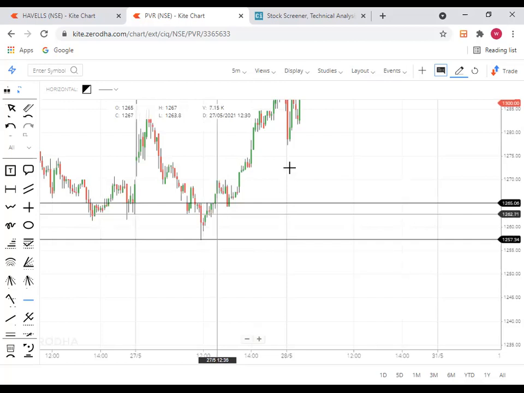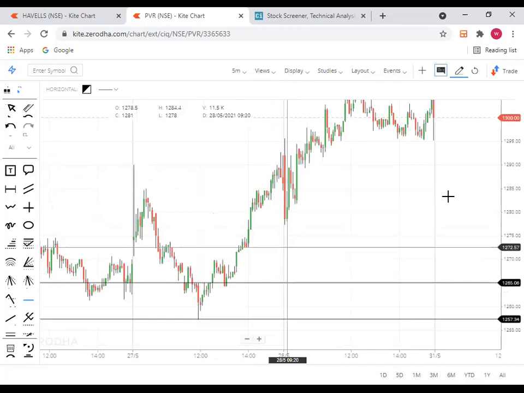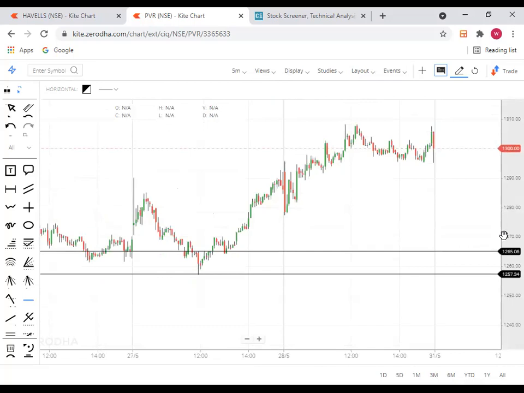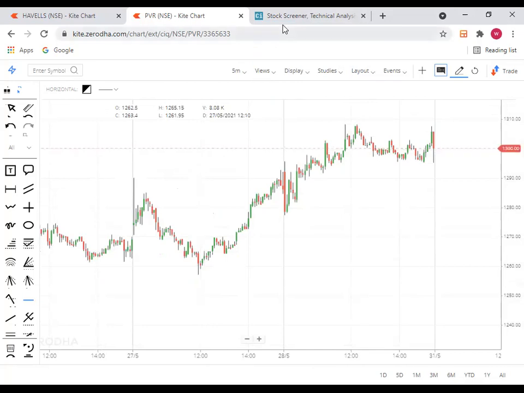With my experience, as of now, you need to take first candle as your mother candle. Anyhow, for this charting scanner code also, I will post in my Telegram group. You can take the code. With the help of scanner, you will identify the stocks. But in scanner, we will find only the first candle as our mother candle.